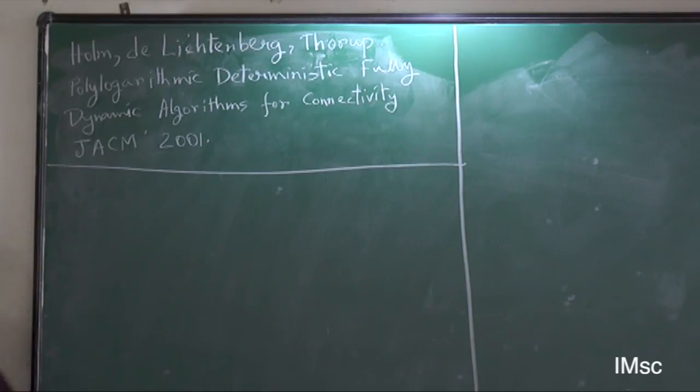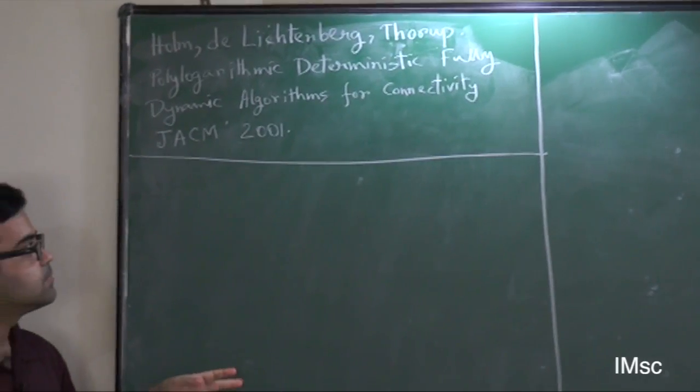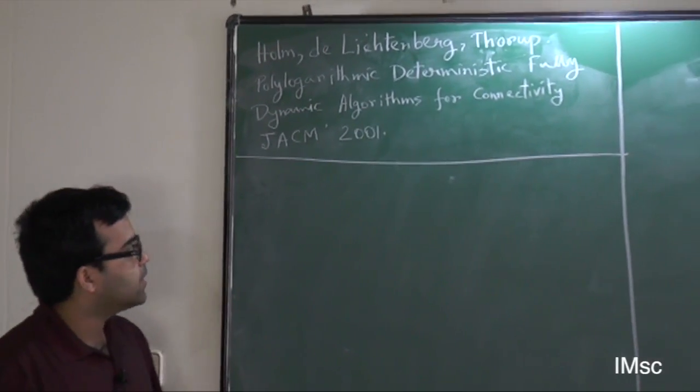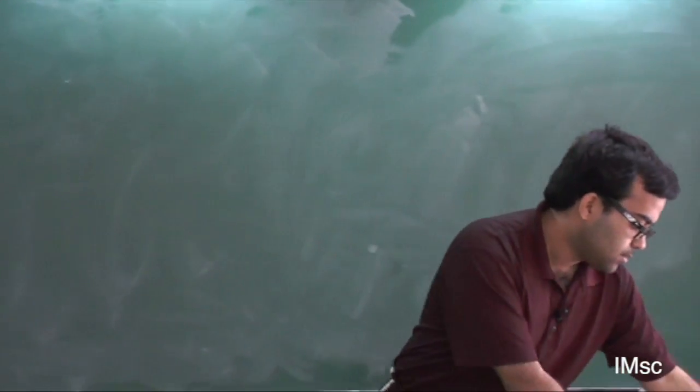Okay, so today we continue our discussion on the dynamic connectivity problem, and we will see the complete algorithm that gives polylog update and query time. Just to be sure to give you the exact bound,